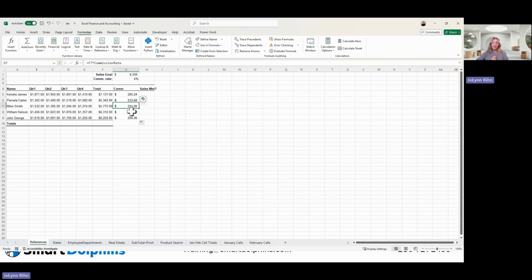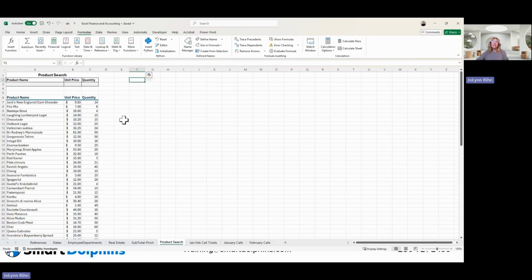Another benefit that we have is, let's say that I actually go to product search. And let's say in this product search, I want to create a formula using that commission rate. And I want it based on the quantity, column C. I'm going to do equal commission rate, or I should say quantity, I'll just say C7 as an example, multiplied by, I'm going to type